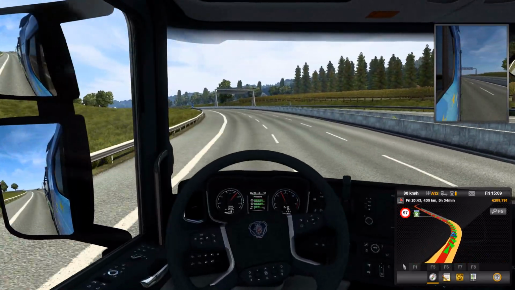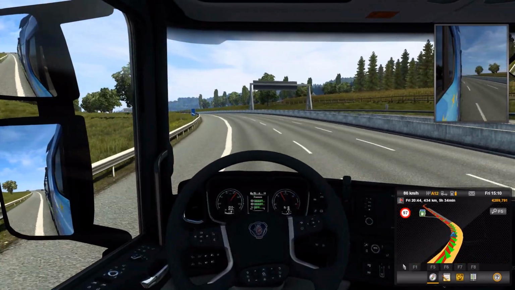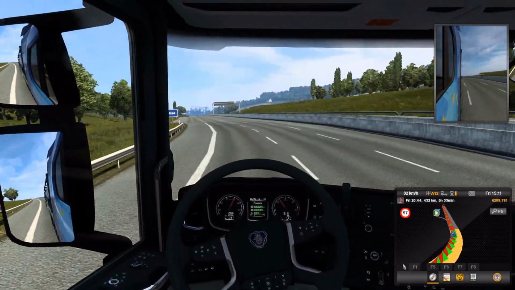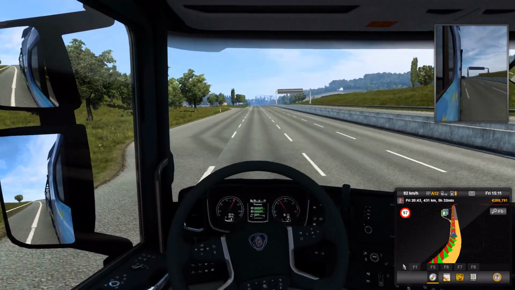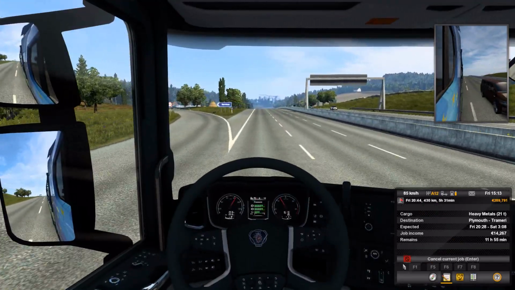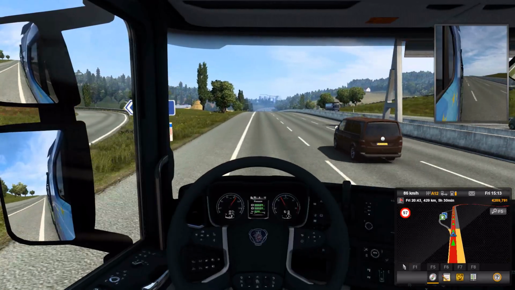So 5.5 hours to get to our destination. Go straight. Services. Don't really need the services right now. How much time do we have to get there? 12 hours to get there, so